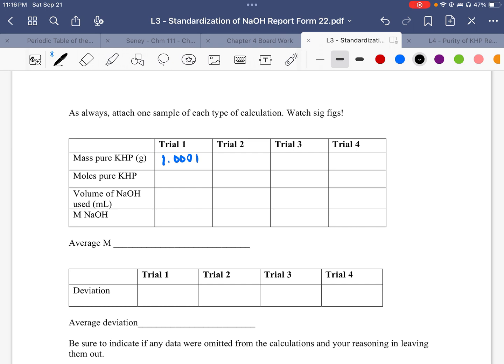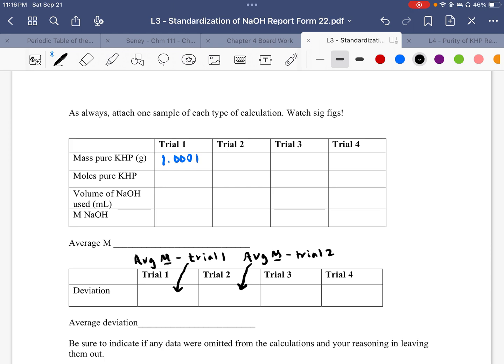to find that deviation is you're going to take the average concentration of molarity minus trial 1, and that's going to be deviation 1. And for the next one, you'll do average molarity minus trial 2, and you're going to